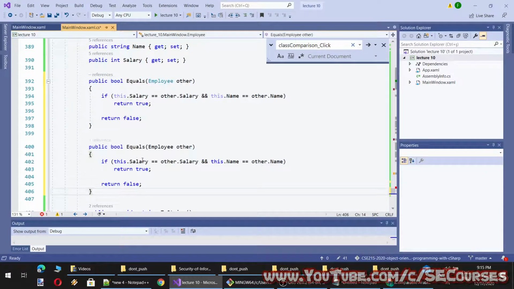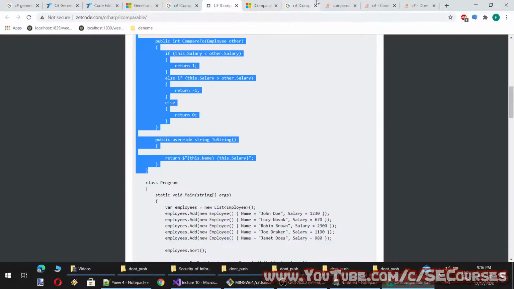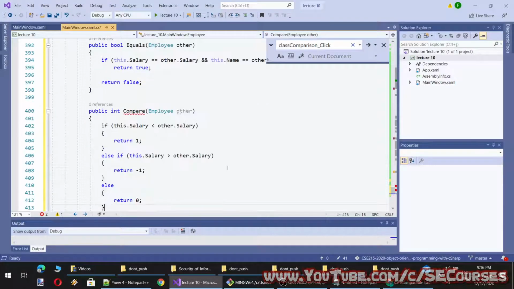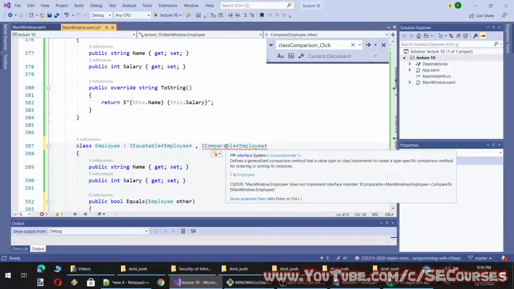And then we can compare their salaries. To compare their salaries, yeah, this makes sense. Now it can return integer. And this time we will be implementing both interfaces. Yes, this is a good example now. So now we can sort them or compare them.